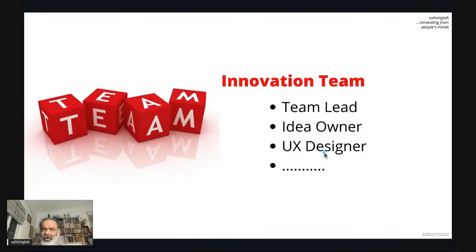Team lead is the person who has to organize and move forward with that idea. The idea owner has the emotional feeling as well as ownership of that idea. He should always think on that idea in a casual way, as an owner, as an investor. But the team lead will think in a professional way, and the UX designer should convert that idea to a drawing board or a wireframe model to move it. That is the first step.